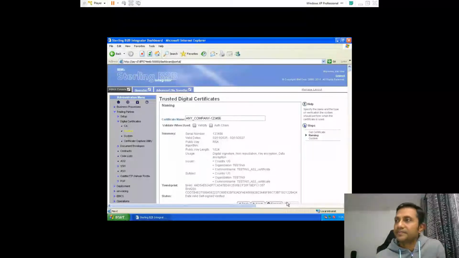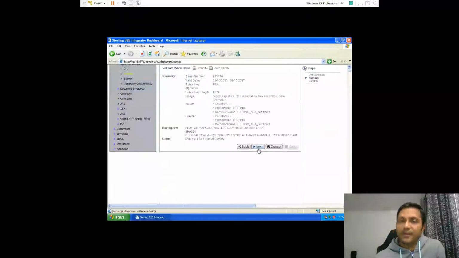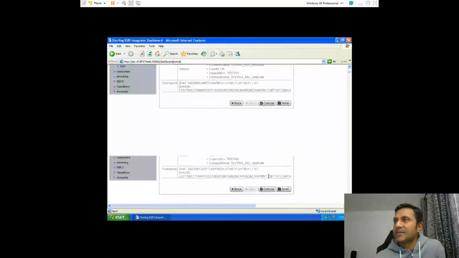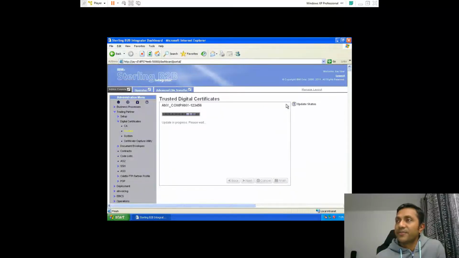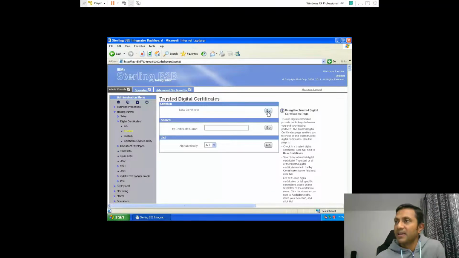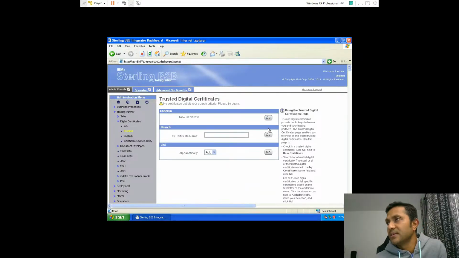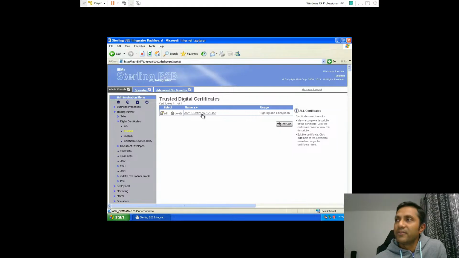And then create, next. So we are trusting this certificate. That's why we have put it into the trusted certificate, right? Now if I go back and click on search, here we have the certificate under the trusted, because this is needed when you are creating the partner. Now we go back to your AS2